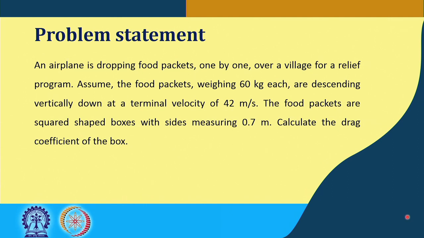Before I go into the problem, here is one term that you are possibly wondering about, or if you have forgotten: the terminal velocity of 42 meter per second. During the earlier classes, when I mentioned the Stokes law, you can possibly remember that terminal velocity. So, terminal velocity is a constant velocity that a particle or object attains when it flows through a pool of liquid or a pool of fluid.